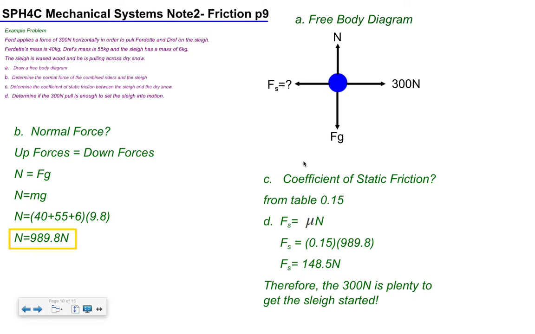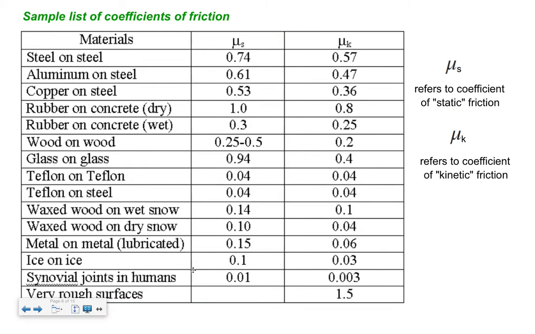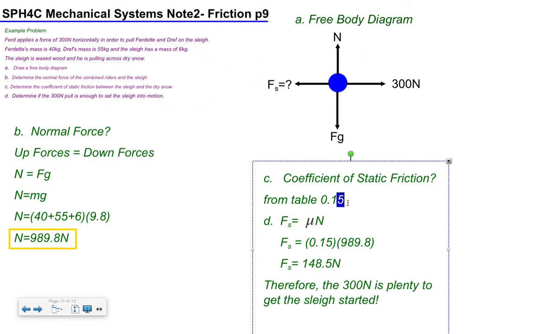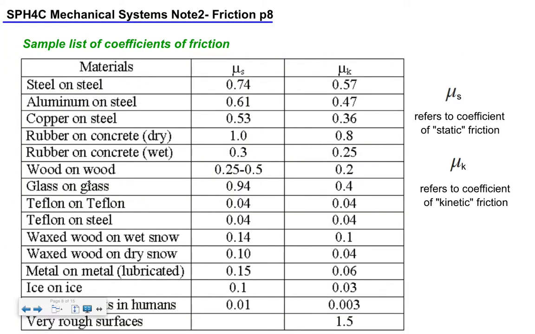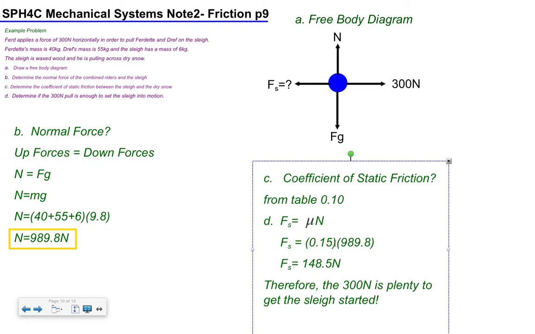For finding the coefficient of friction, I'm just going to go back a few steps here. What did we say? Waxed wood on dry snow. And it was static, so it must be 0.1. Except I think I put down 0.15. Yeah, I did. Darn it. Should be 0.1, right? So, waxed wood and dry snow. Let's just check that again. Waxed wood, dry snow. Yeah, 0.1. That was dumb. Oh well, I'll have to redo my calculation. Good thing it's 0.1, so it's an easy number to work with. So when I calculate my force of friction, don't go copying this because I screwed up.